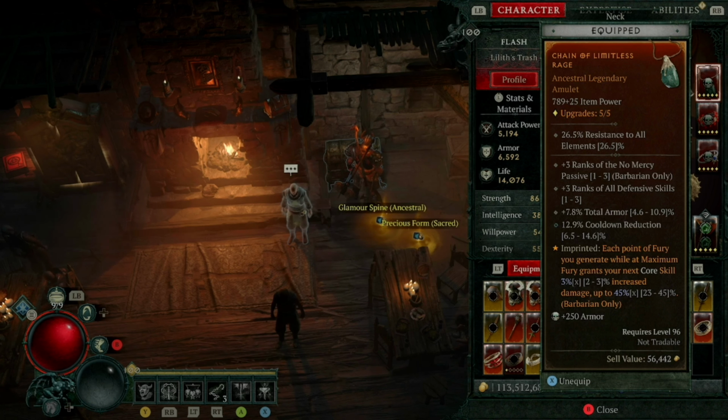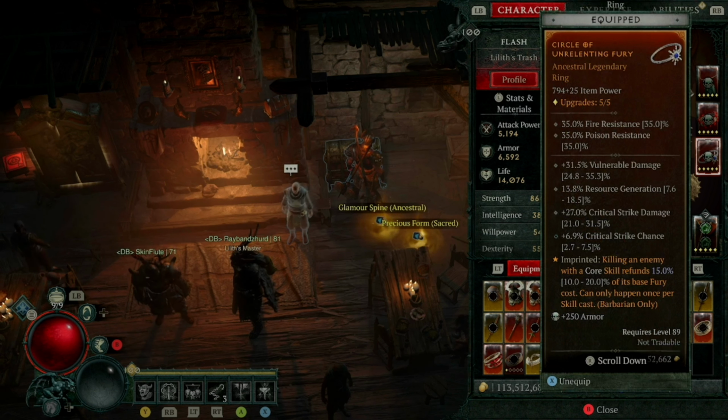Fury cost reduction and ranks to Pit Fighter are good secondaries. You're going to be using your highest royal or gem for the skull. For our rings, we're going to be taking critical strike chance, critical strike damage, vulnerable damage, and then resource generation or maximum fury. Resource generation to get more fury, maximum fury to get higher damage output on our built up